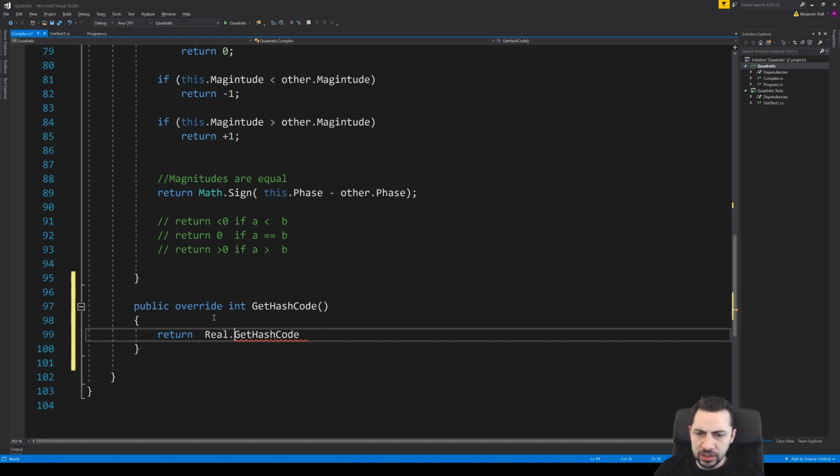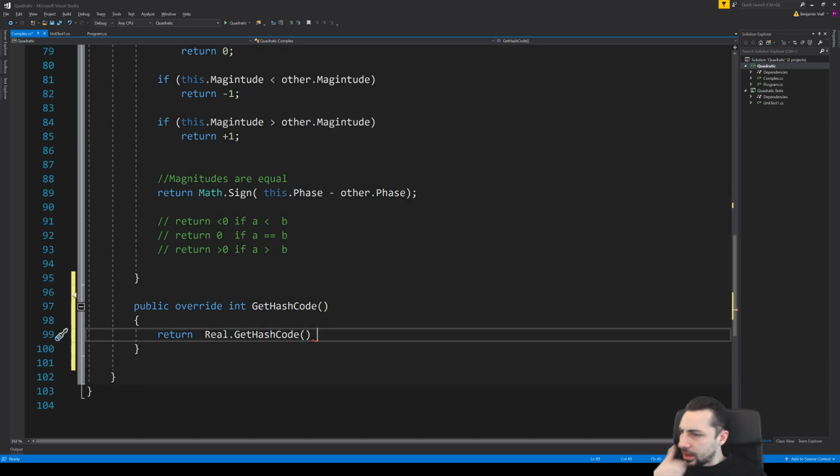So I can say real.GetHashCode, and that will get, interesting. What that should have gotten was a HashCode structure, but it's just getting an int. Then there is a method. Let me pull this up for a second here.